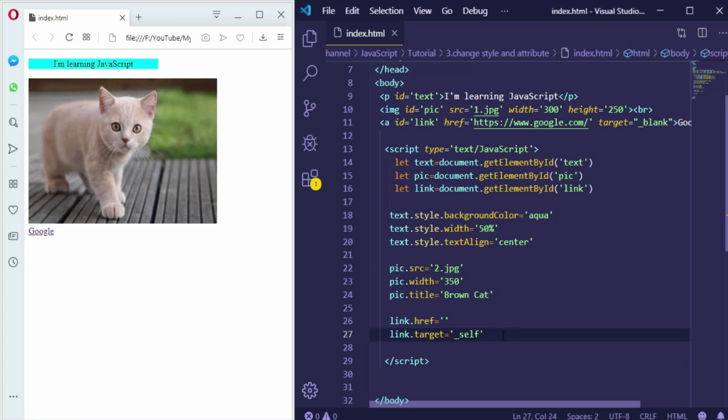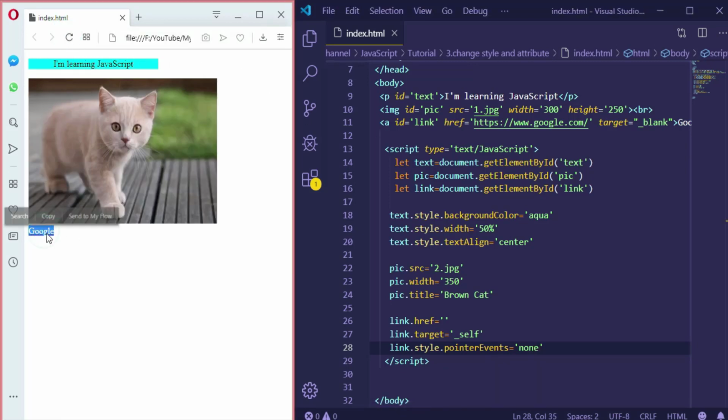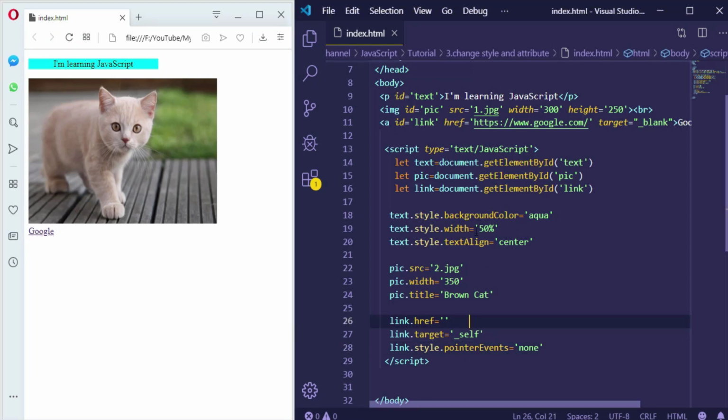Nice. Also, we can disable this link. We can prevent anyone from clicking this link. So we will change the style. So style, and the style called pointerEvents, and it will be equal to none. So now I can't click the link. So that's how you can add or change a style for an element, and also how to change the attribute